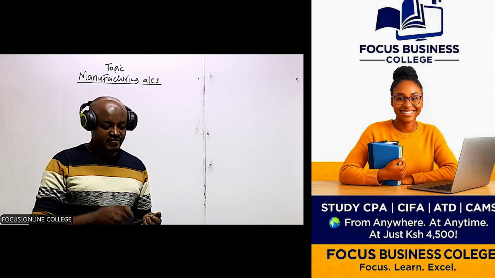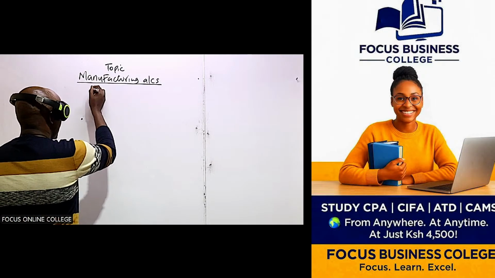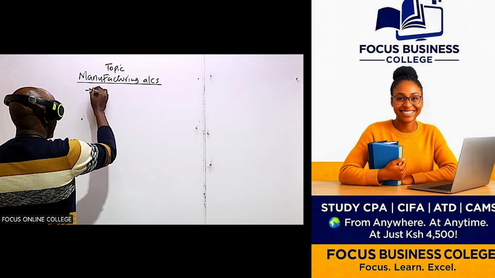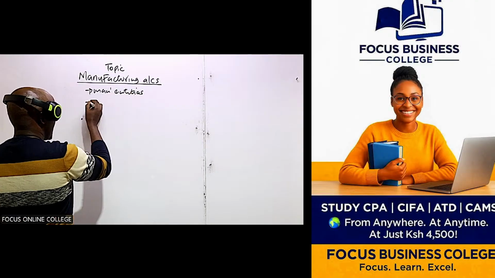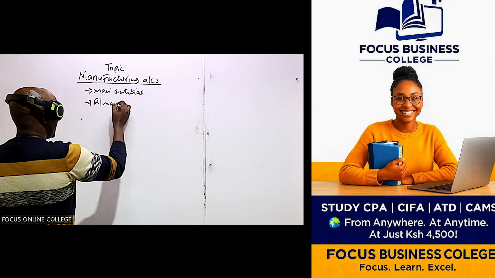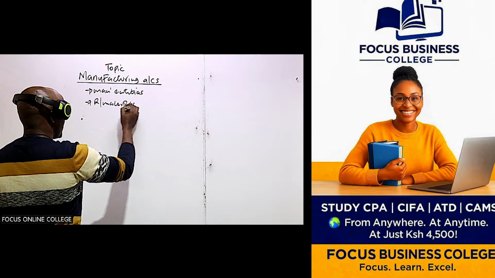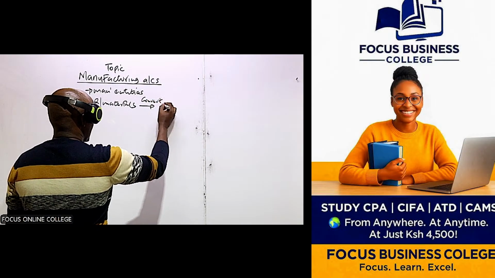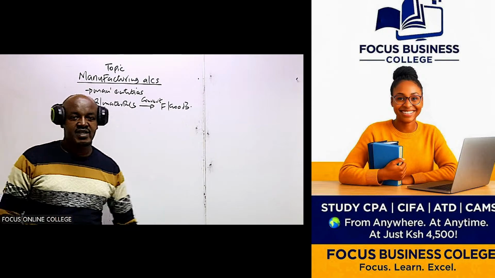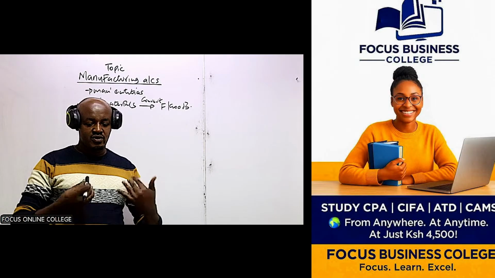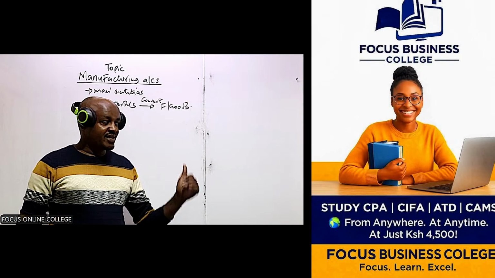So that is the first thing you need to understand, that this particular account is prepared by the manufacturing entities. These are those entities or companies which buy some raw materials and convert them into finished goods, or finished products. So it means that for these manufacturing companies, whatever they sell is what they have been able to manufacture internally. They buy some raw materials, they convert those raw materials into finished products, and this is now what they sell.